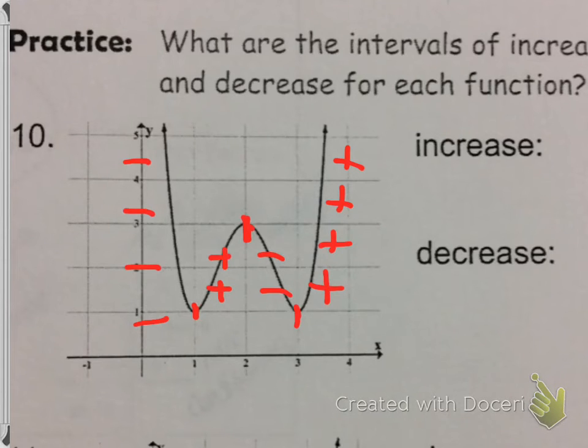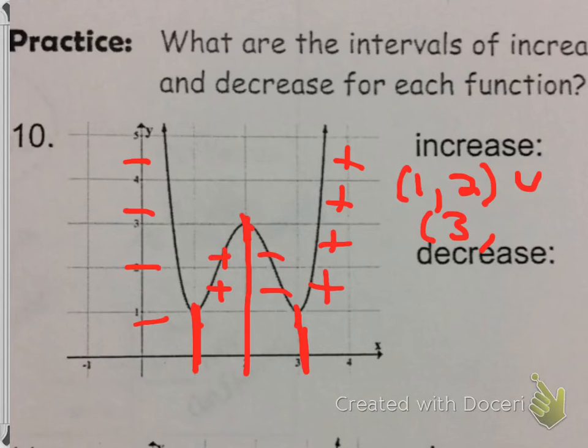So when we look at this, we're going to have two intervals of increase, because there's two sections where we have plus signs. We're going to have two intervals of decrease, because we have two sections that have minus signs. So intervals of increase, we start where our plus signs start, which is right here at 1. And then we go to where our plus signs stop, which is right here at 2. We're going to union that with our other interval of increase. It starts at 3 and goes forever to the right